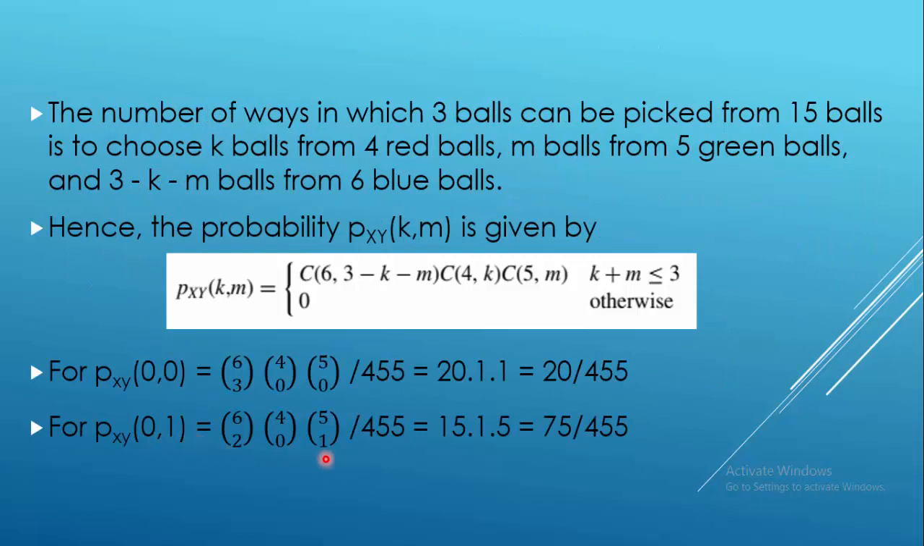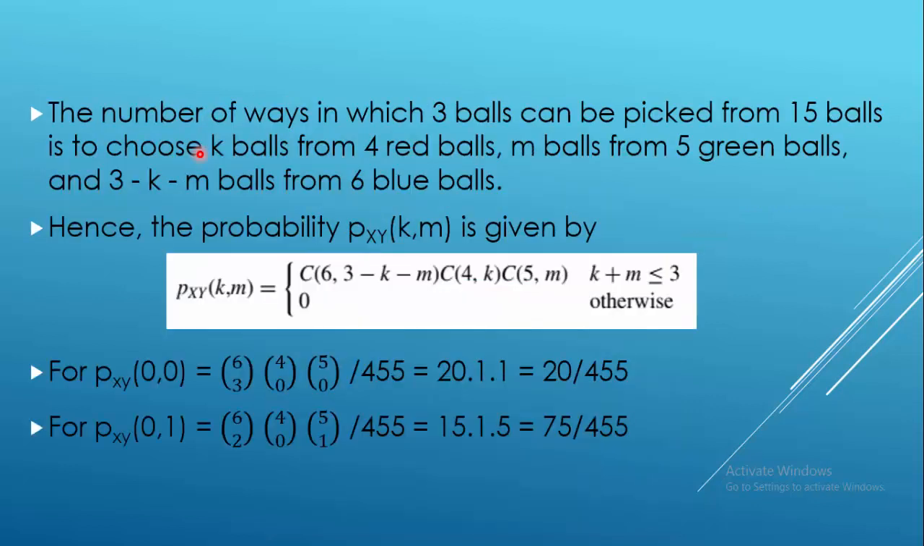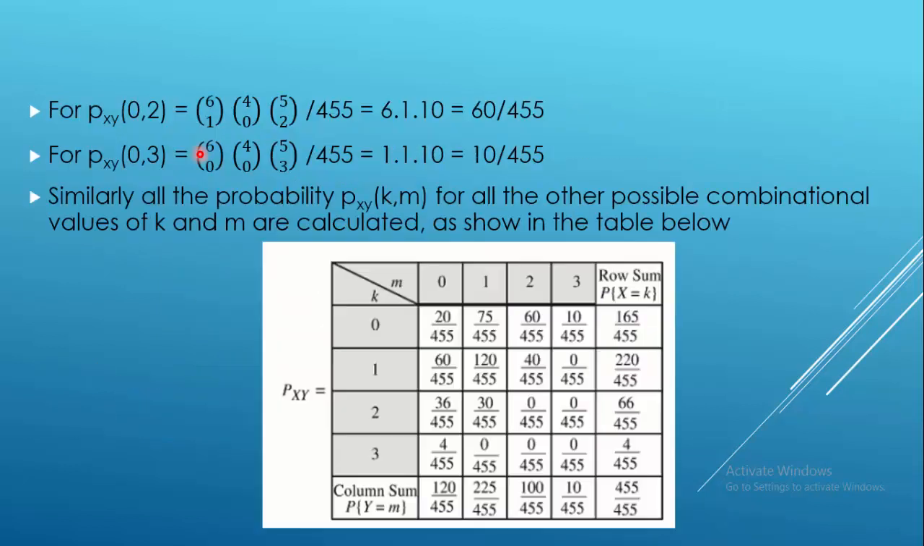So in that case we have calculated the same way, it is equal to 75 divided by 455, and then 0 comma 2 and 0 comma 3. In the same manner, you can pause the video and see how these calculations are done. And after that, what we get